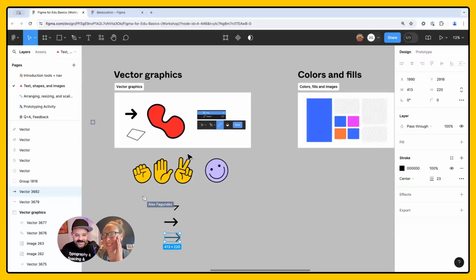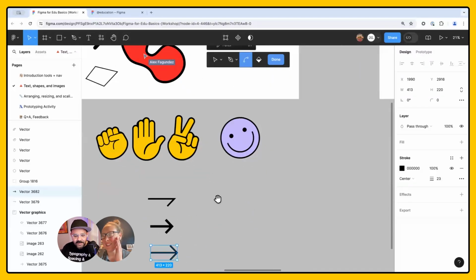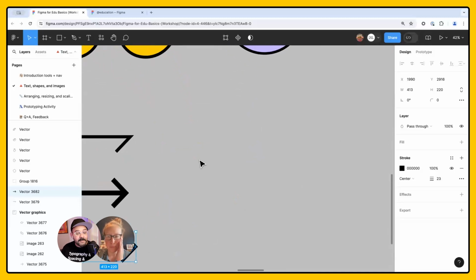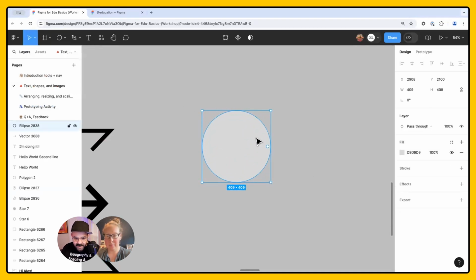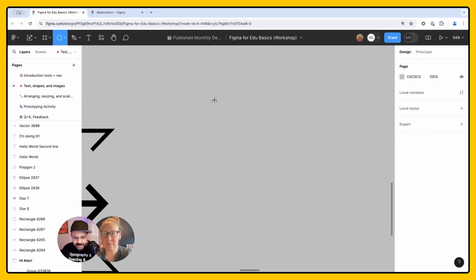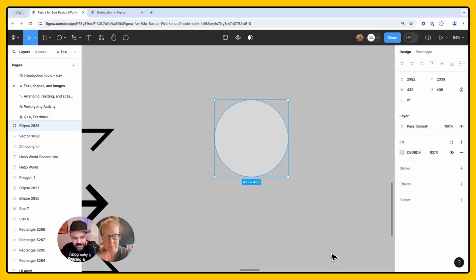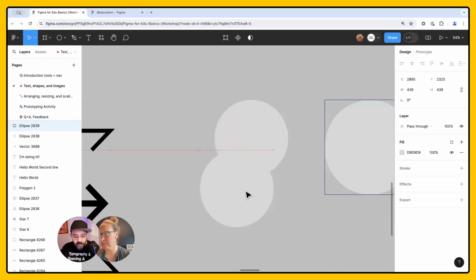You're welcome. So vector graphics are going to be awesome in Figma. There's many different ways for you to work with them. I'll show an example that we showed in our workshop last week where you can take one graphic. I click on the ellipse tool, hold the shift key, and draw the ellipse. I'm going to make a copy of this ellipse, so I'm going to press Command D or Control D. It's going to make a duplicate. You'll see that there's a duplicate right here over the other one.